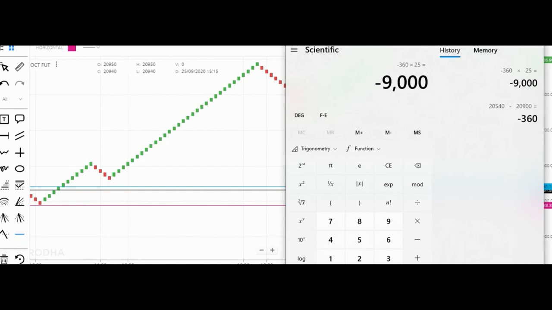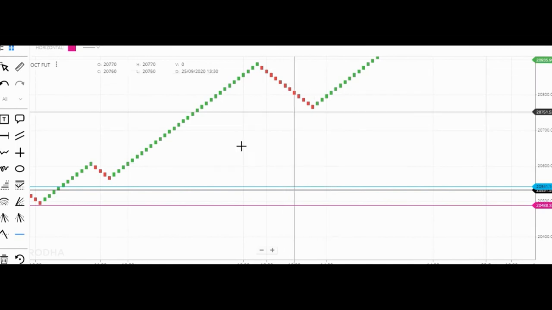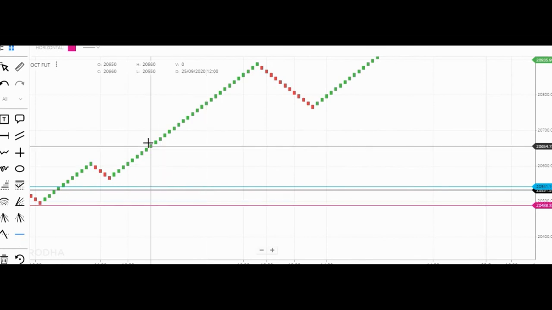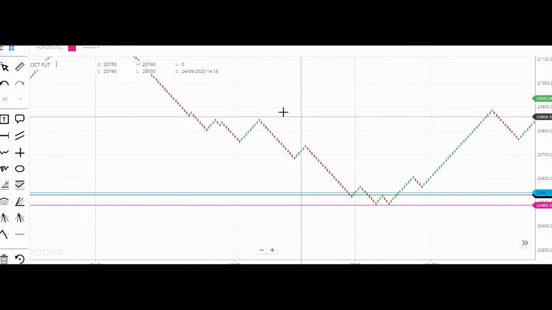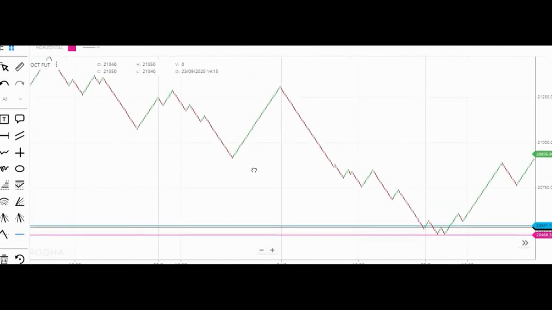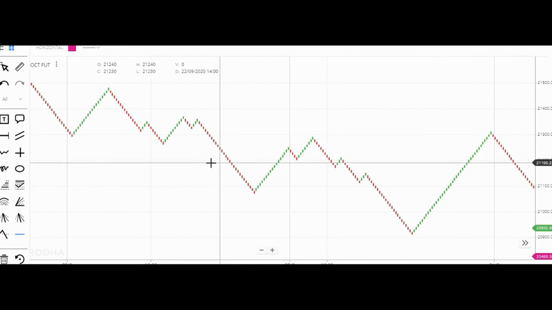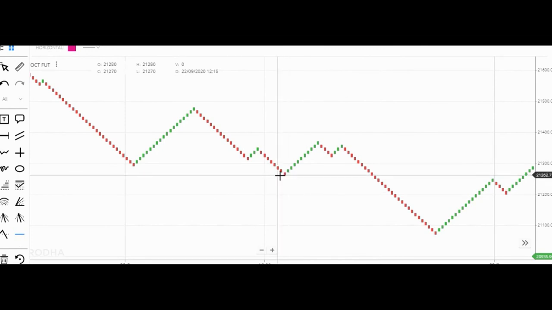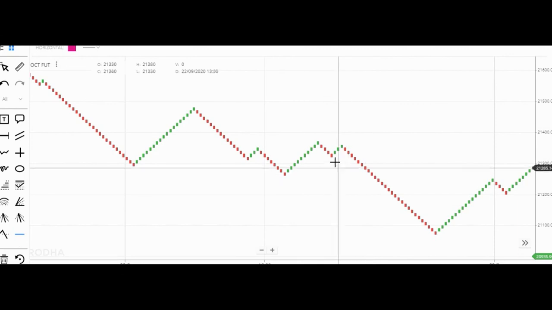Okay, let us back test further. Yes, here M pattern is formed from here to here, here to here, here to here, and like this. So here M pattern is formed.